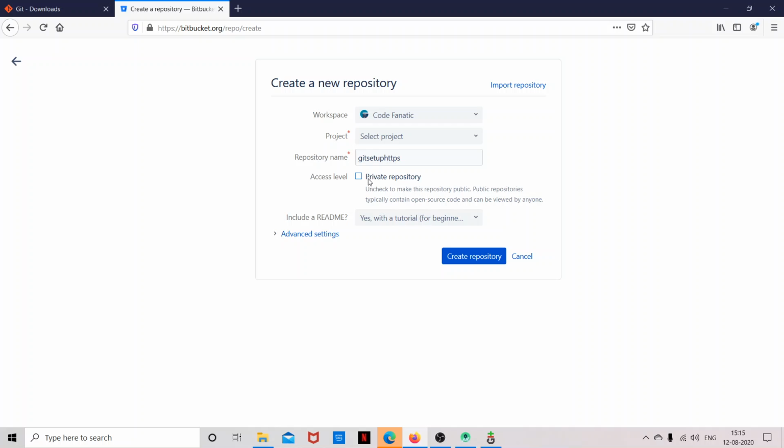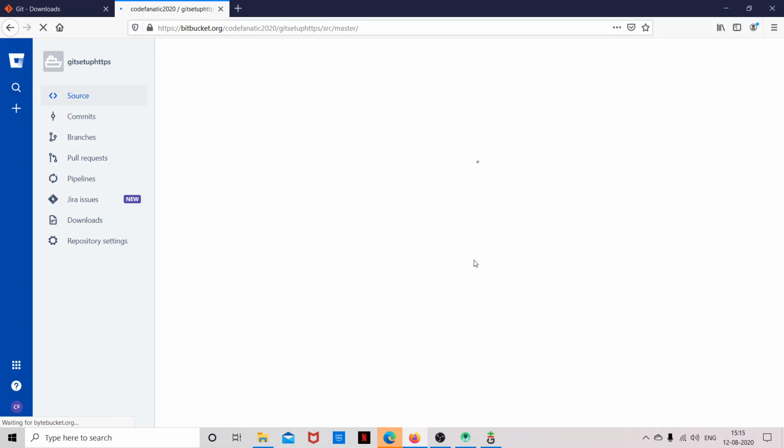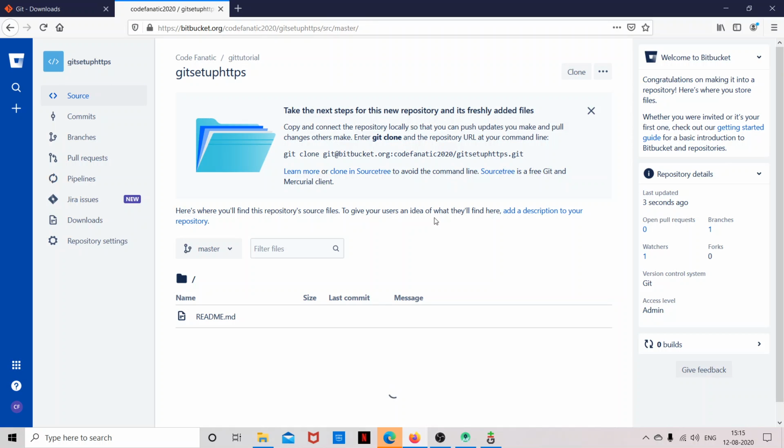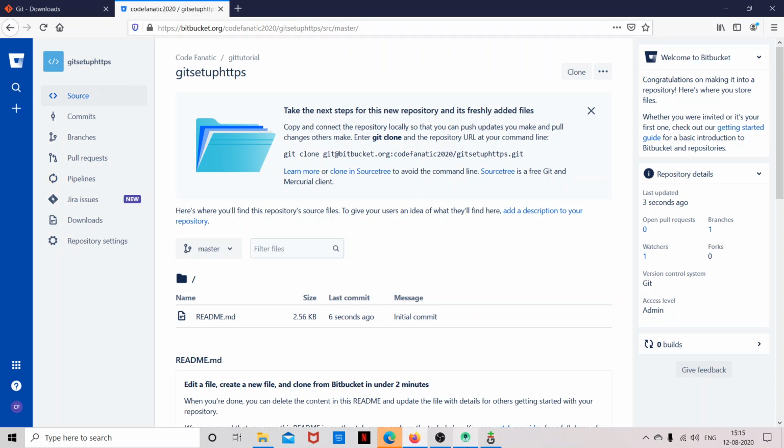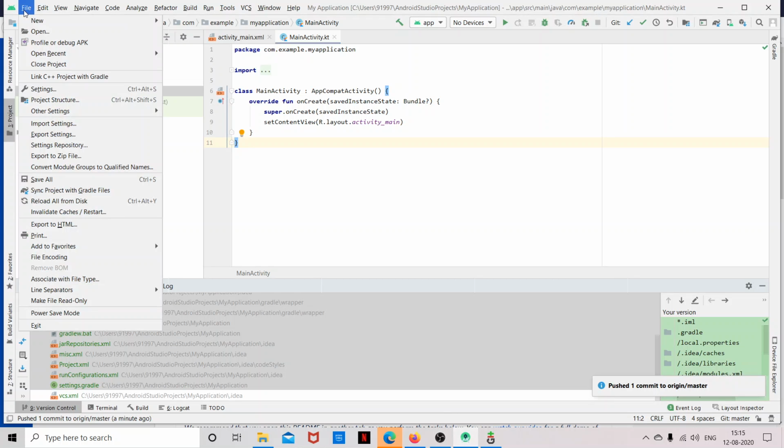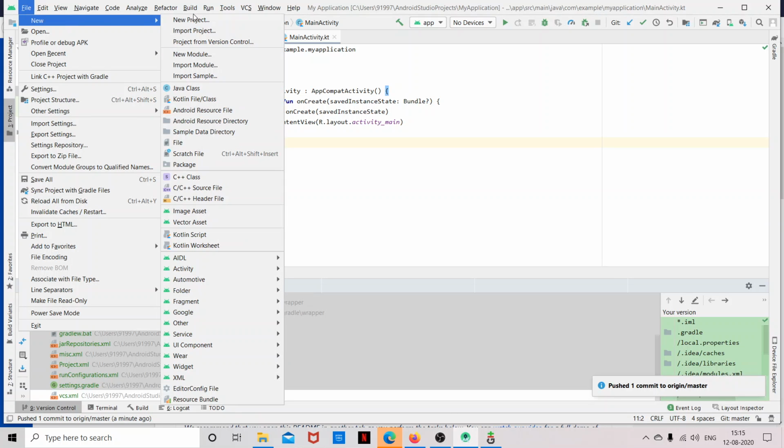Make it a public repository, select a project, and create the repository. So I've created a new repository. Now I'm also going to create a new Android Studio project.